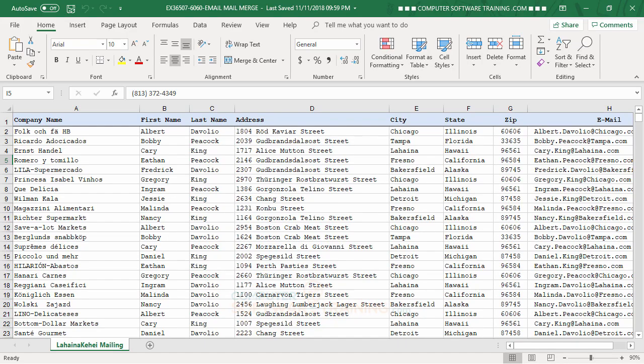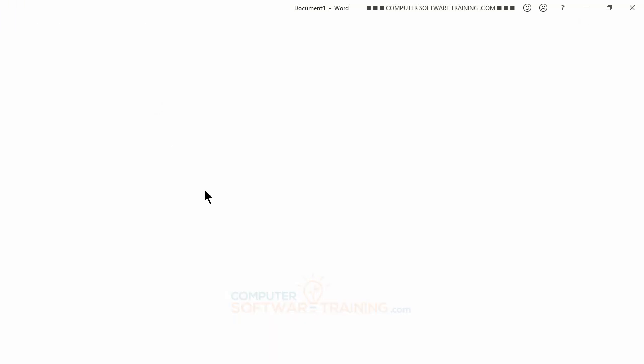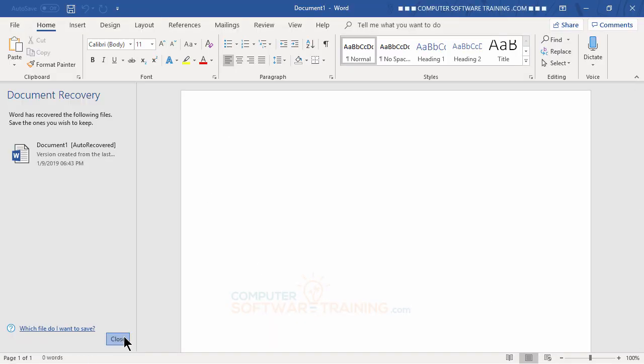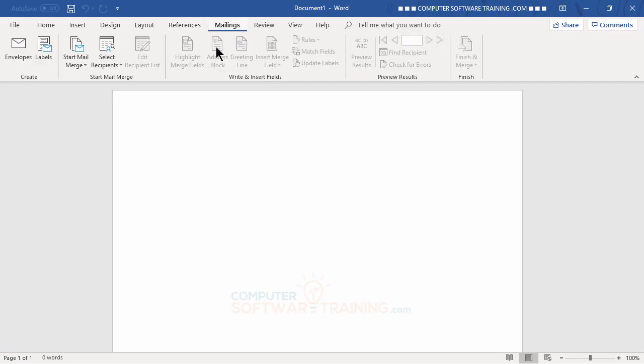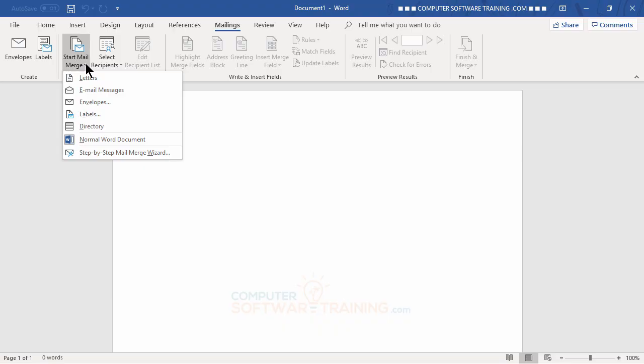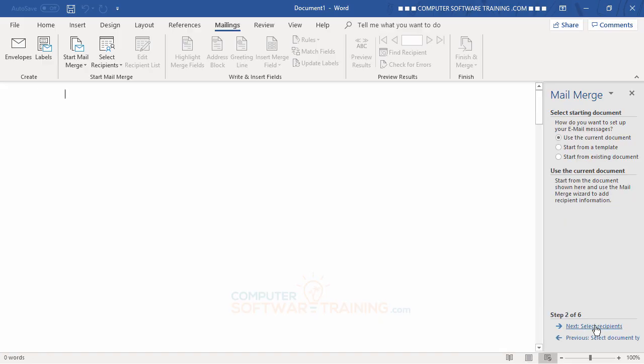All right, so the first thing we're going to do is launch into Word again and get ourselves a blank document. All right, so there we are. Now what we're going to do is go over here to Mailings, Start Mail Merge, and then Step-by-Step Mail Merge Wizard. And this time we're going to do an email. So we hit email, we hit next down here at the bottom,